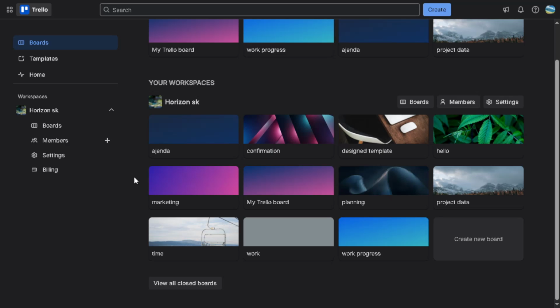In today's video, I'm going to teach you how to add an emoji or icon on a Trello list or